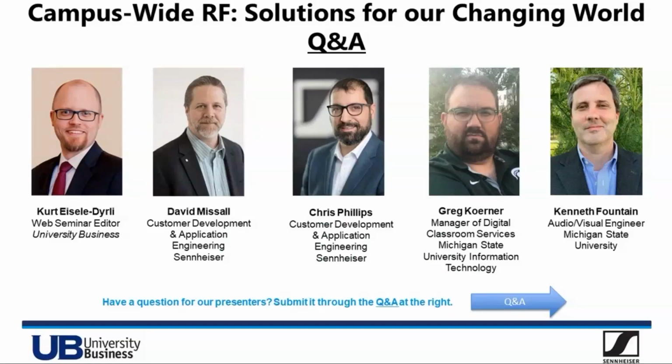Let's see, first question, Dave, going to you with this one. How many DECT microphone channels can be used together in one room? Yeah, that's a great question. So with the DECT technology for the Sennheiser system, if you are going to put it into a single room with multiple channels, you can go up to 8 channels only. So it's really for the application of 1 or 2 channels per classroom, and the reason being is it is a small spectrum that's allowed in the U.S. Right? We're talking about 10 megahertz. So in one room, you wouldn't want to go any more than 8 channels of the DECT wireless microphones.